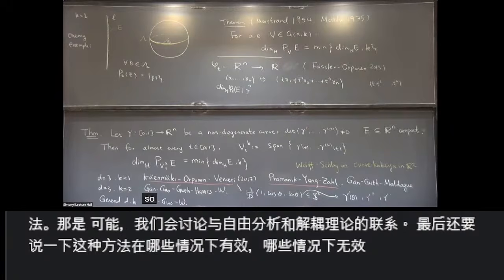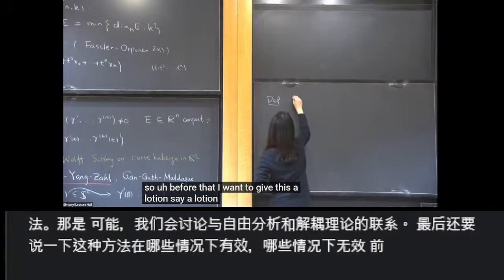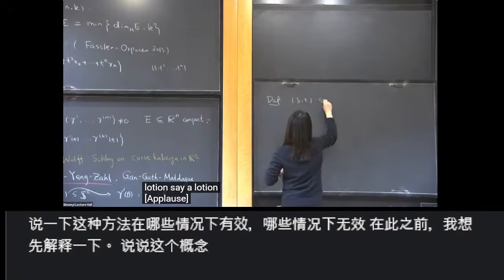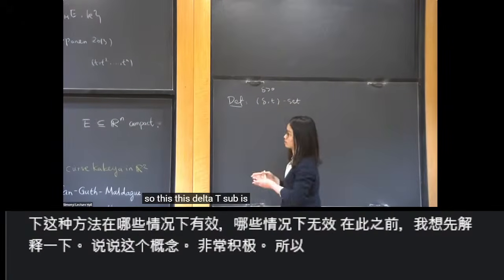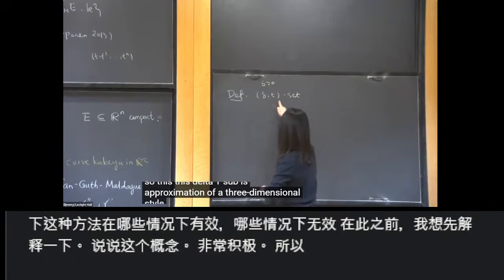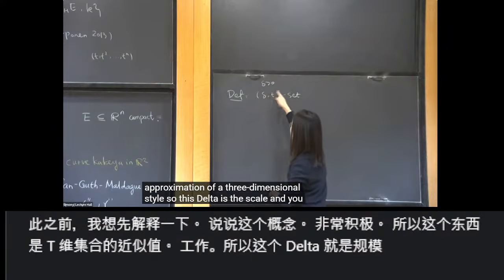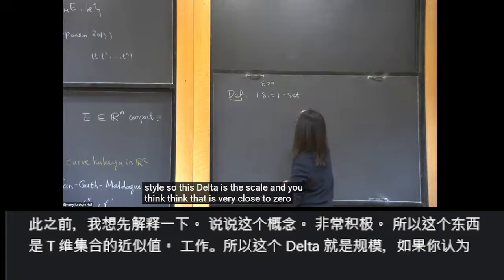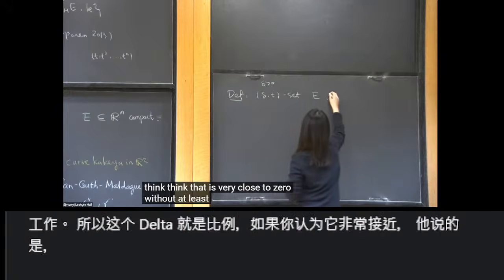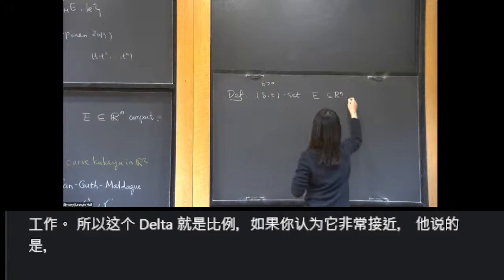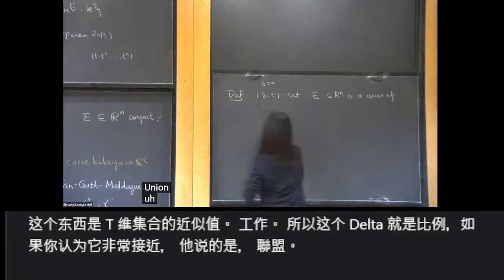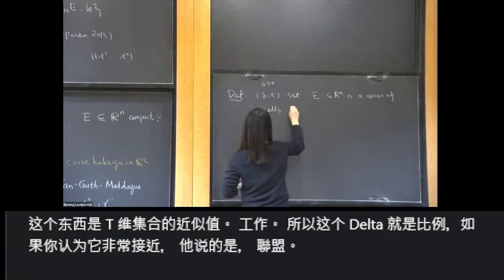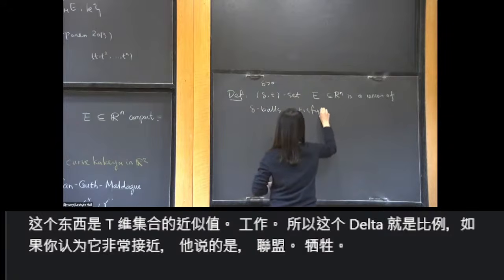Okay. So before that, I want to introduce the notion of a delta-t set. So a delta-t set is an approximation of a t-dimensional set. This delta is the scale, and we should think that it's very close to 0. So a delta-t set E is a union of delta balls satisfying